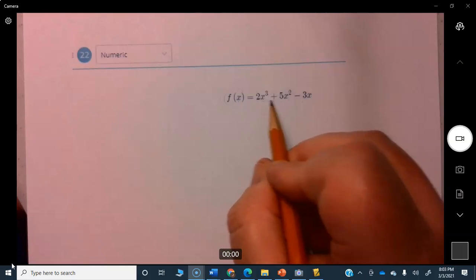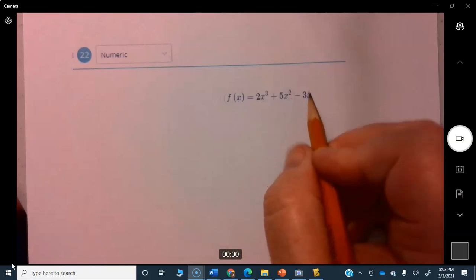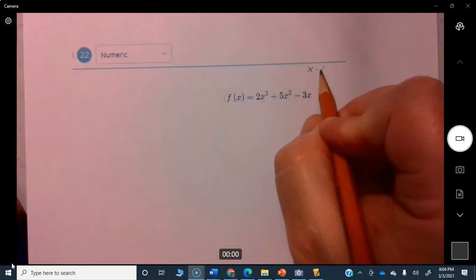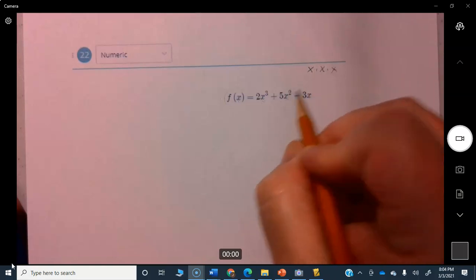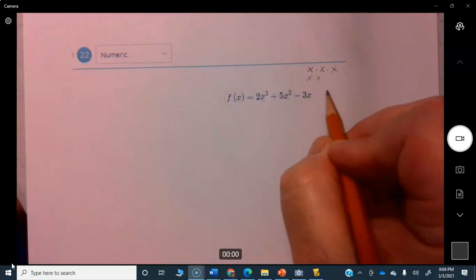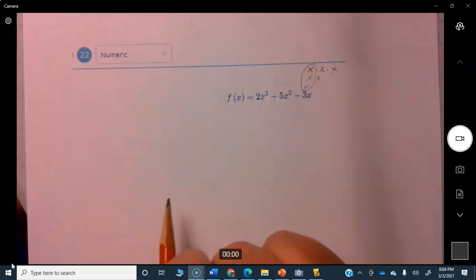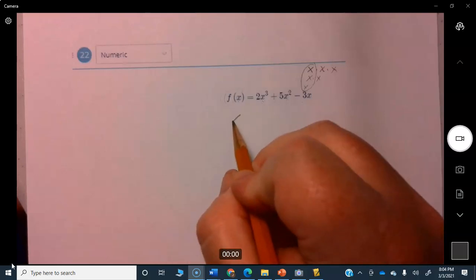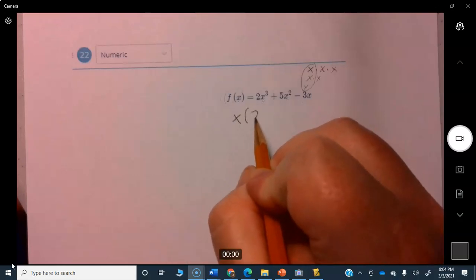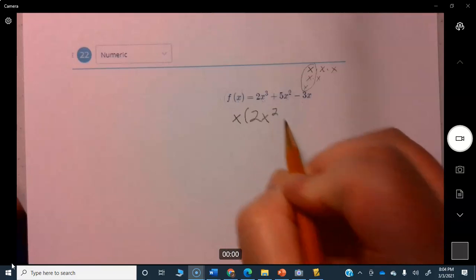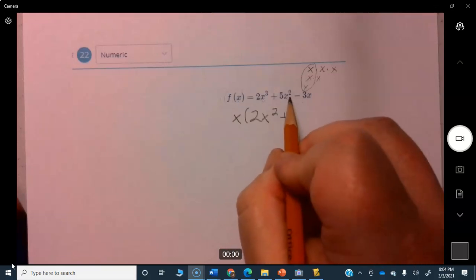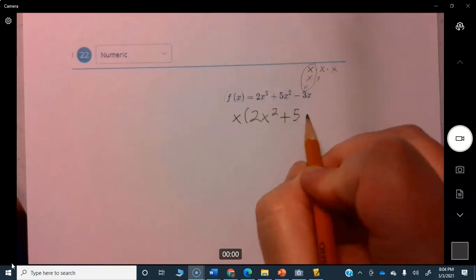So I have an x to the third, x squared, and x. So again, x to the third is x times x times x. X squared is x times x, and x is x. So what they have in common is a single x, so you can pull a single x out of there. So I'm going to pull an x out, and then that leaves me with 2x squared plus, pulled an x out of there, 5x